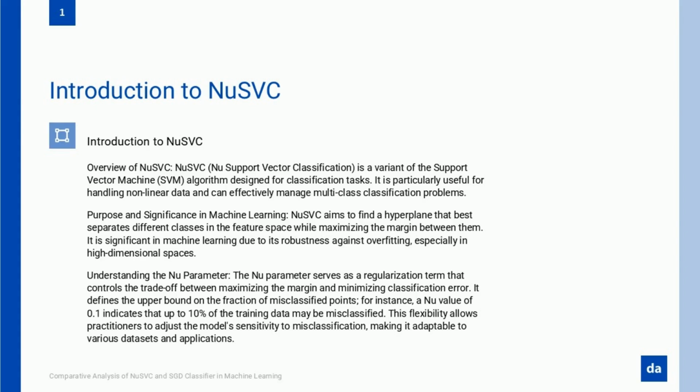The real magic lies in the new parameter, the feature that gives NuSVC its name and its adaptability. Think of it like the distortion pedal of a guitar. You're in control, dialing in the balance between precision and flexibility. Set nu to 0.1, and you're effectively saying, I'll tolerate up to 10% error, but give me maximum margin and flawless performance everywhere else. This parameter isn't just a technicality, it's a game changer, letting you tune the model's behavior to match your dataset, whether it's noisy, imbalanced, or just plain unpredictable.